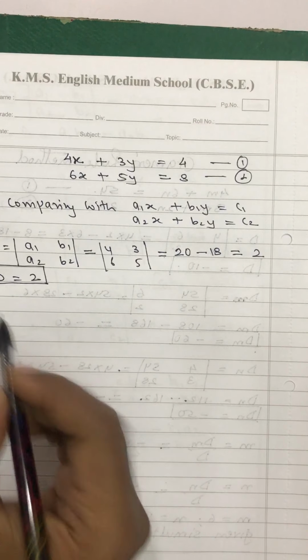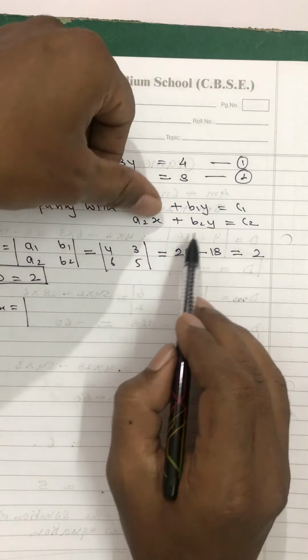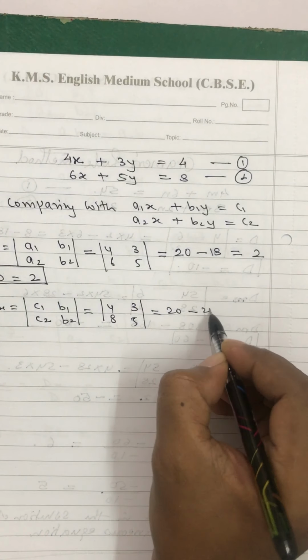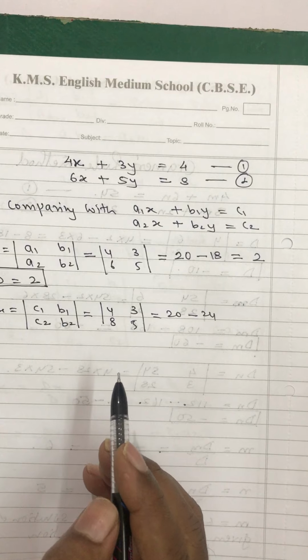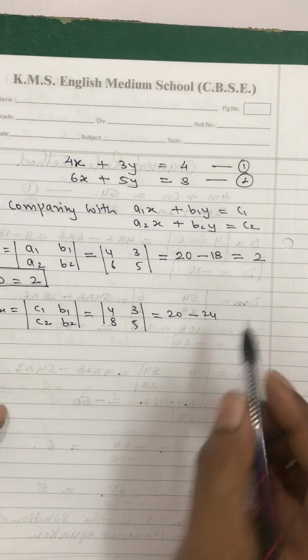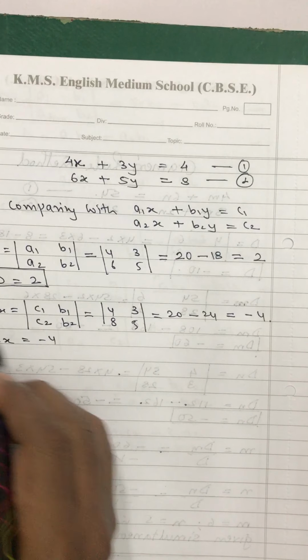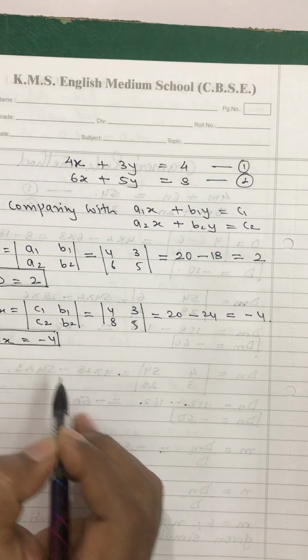Okay. And when you go to find dx, now you know for finding dx, you will have to consider b1, b2 and c1, c2, but you have to swap the places. So you will write over here c1, c2 and b1, b2, which actually here are going to be 4, 8 and 3, 5, which are going to be 4 5s are 20 minus 8 3s are 24. You have to be very careful with the sequence, my dear students. You have to multiply like this only. You change it and then you are in a problem. Minus 4. So you get dx is equal to minus 4. This is your value of dx.